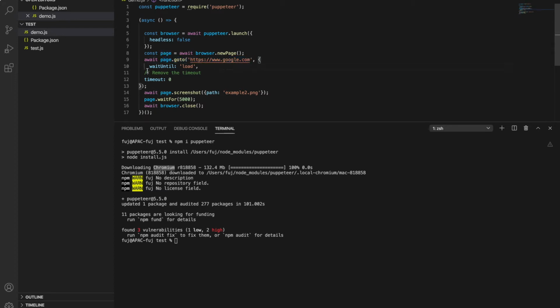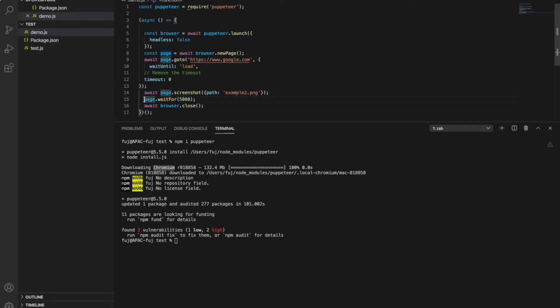There is also a timeout and a waitUntil parameter you can provide with goto. It waits until the page loads and will time out after a few seconds. If you don't want anything, you can directly just pass the URL, and it opens it. Taking a screenshot is very difficult in Selenium, but here in Puppeteer you just need to pass page.screenshot example2.png. It will create one PNG file with the screenshot in the same folder.